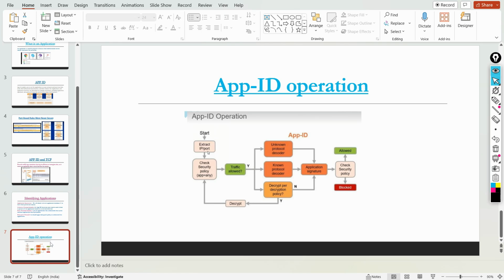The last part of this slide is the app ID operation. First, the firewall will extract the IP and port number to check whether the policy allows the traffic. Then it will go to these engines to check whether the application is present in the database or not. If it is present in the database, it will take that application signature and then take the allow or deny action. If not, the packet will be processed by these engines to identify it.